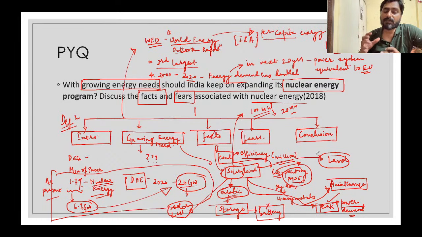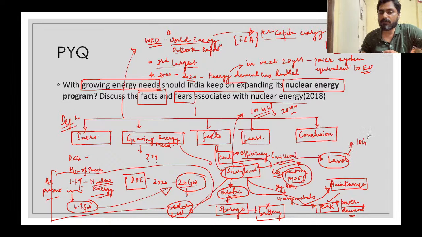And if those land parcels are agricultural lands, then farmers would not be willing to divert them for energy, or to put up solar power plants. So land is always a concern in India, and with respect to solar or wind, land is becoming a challenge. In comparison, nuclear would require much smaller land compared to what it can produce. Just to give you a perspective, the Jaitapur plant that is coming up in Maharashtra can produce 10 gigawatt of electricity.